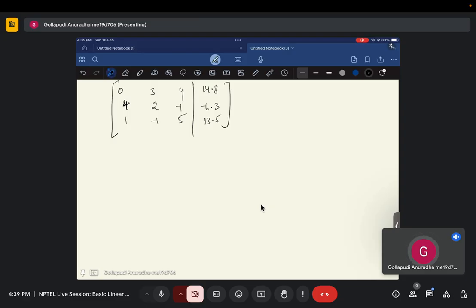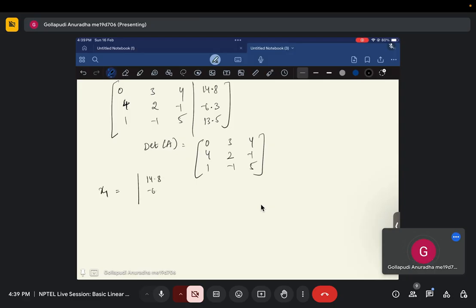So you have to find the first determinant of this matrix. The determinant of the coefficient matrix should be non-zero. So first of all, you have to check this. If it is 0, then you cannot really find anything. And then you have to find the value for this, and then x1 you will get by the determinant of